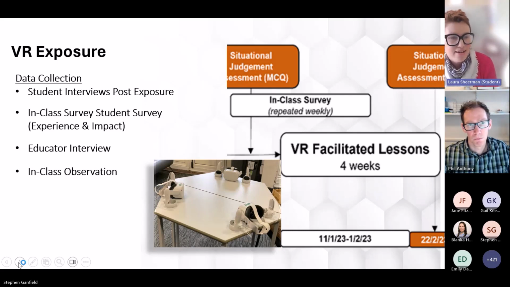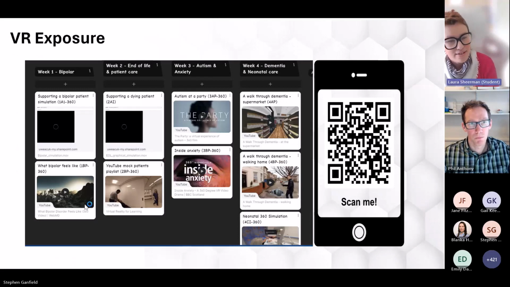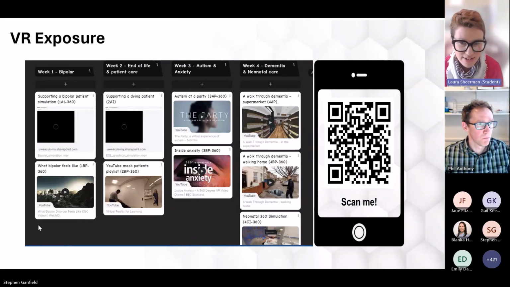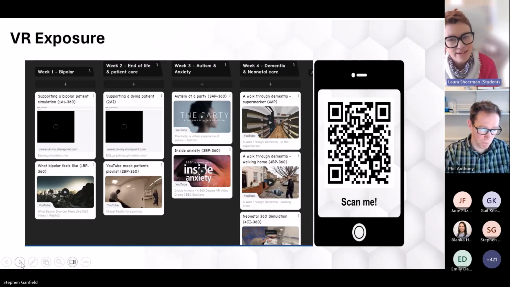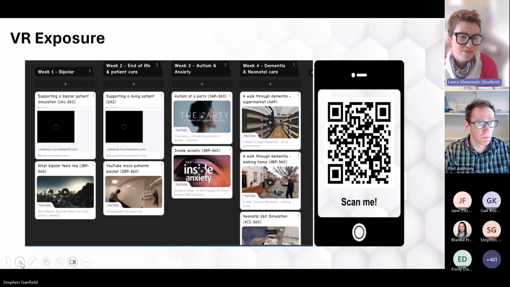Next slide, please. This just outlines some of the content that students had access to. So each week, students had different types of content across different topics that they could explore. So they had interactive and passive 360 video experiences, as well as access to computer-generated graphical content. Students could choose to access content on MetaQuest, the untethered headsets, or a laptop. If you're interested in some of the content that students had access to, you're welcome to scan the QR code on the right side of the screen or contact me, and I can happily provide a link for you as well. Next slide, please, Phil.